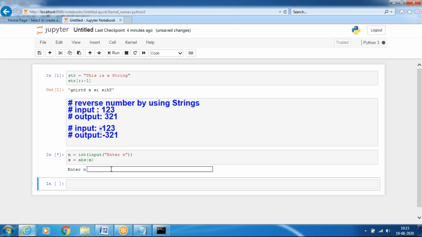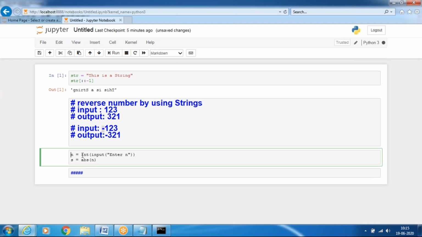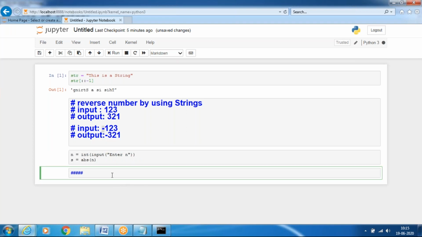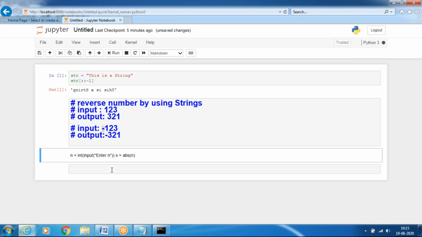I will pass minus 123. Let's see what happens here.